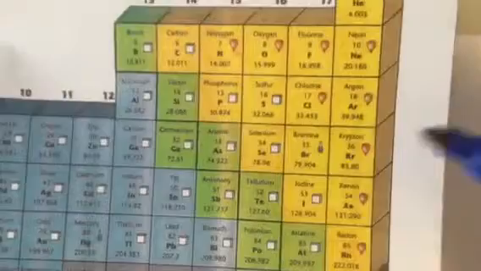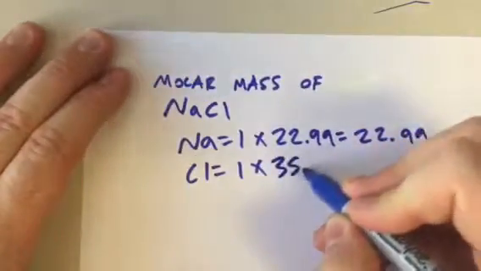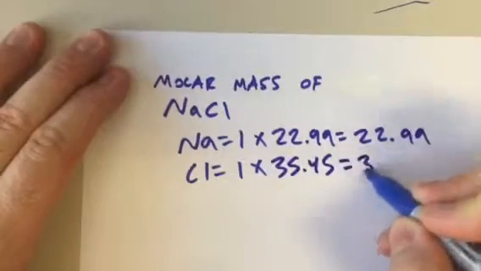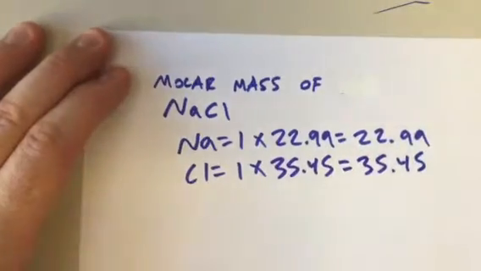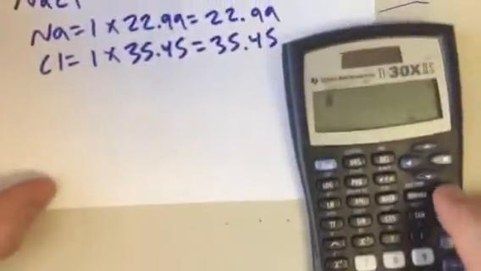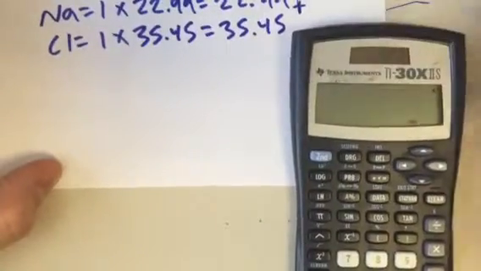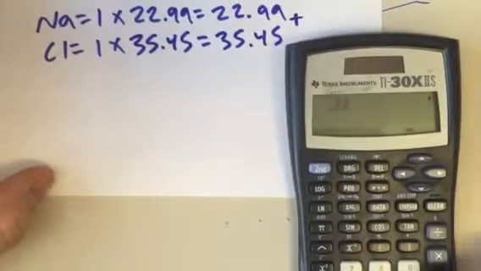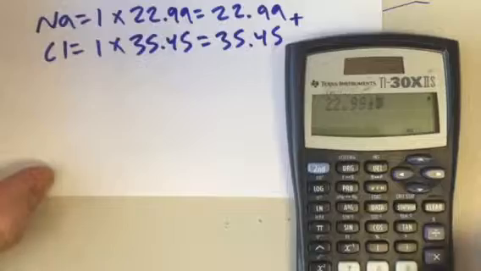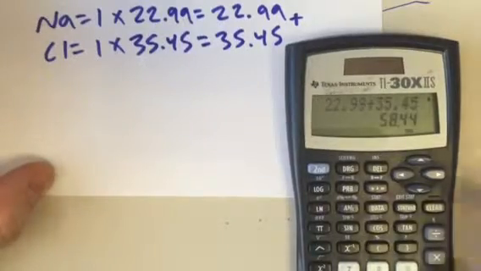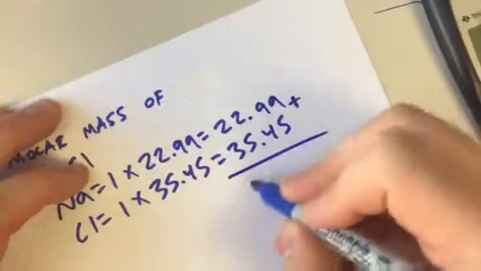Chlorine is all the way on the far right of the periodic table, 35.45. That times itself, 35.45. Grab a calculator and let's add these things together. 22.99 plus 35.45 equals 58.44